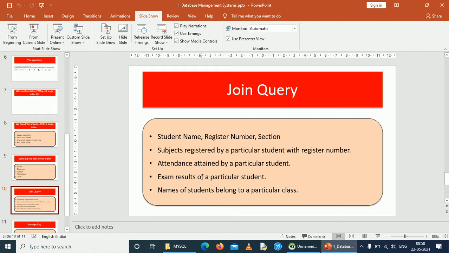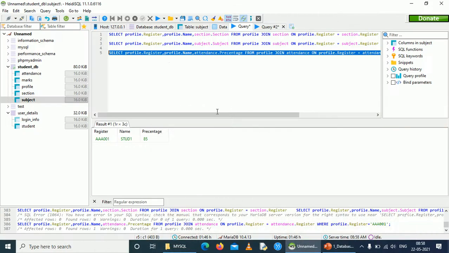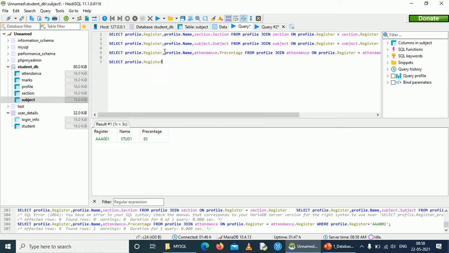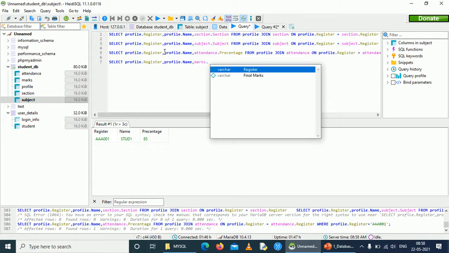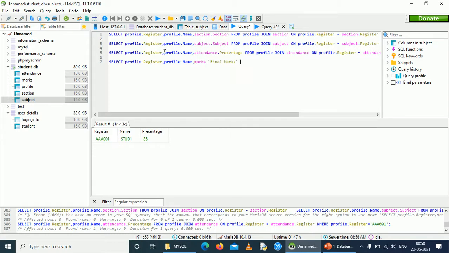And then exam marks of a particular student, marks.final marks from profile join.